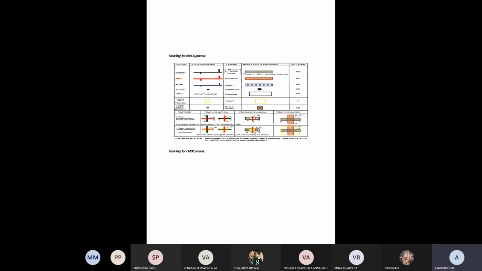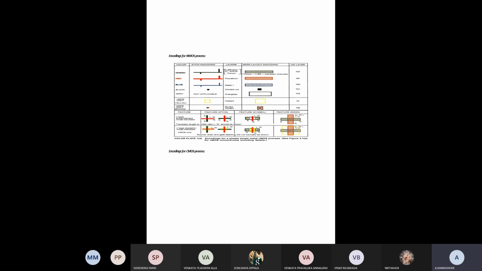That means straight lines in rectangular bars with a wide gap from one line to another line. Next, for contact, we have to use a cross mark. That means we have to draw the contact with the help of a cross mark, and also a thick dot representation. The cross mark or dot will be represented in black color.